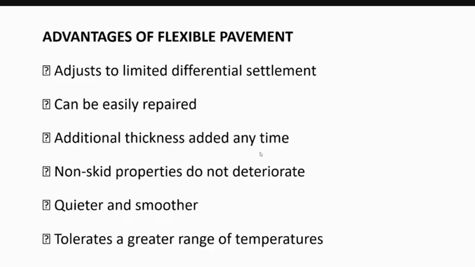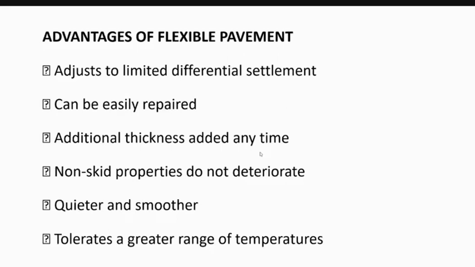For example, if you are going to construct in states like Rajasthan, where temperature variation is very high, in summer it goes up to, I'm talking about the pavement temperature, not the climate temperature. Climate temperature also varies from 45 during winter season it is up to 4 degrees, 5 degrees, even 0. So a lot of variation is there. And places like Jammu and Kashmir, the temperature variation is from minus 5 degrees to 25, 30 degrees.